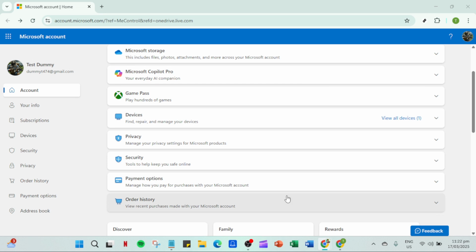We've walked through a simple but effective process to tackle and fix OneDrive sync errors. Remember, a little patience and methodical steps go a long way in resolving tech issues. I hope you found